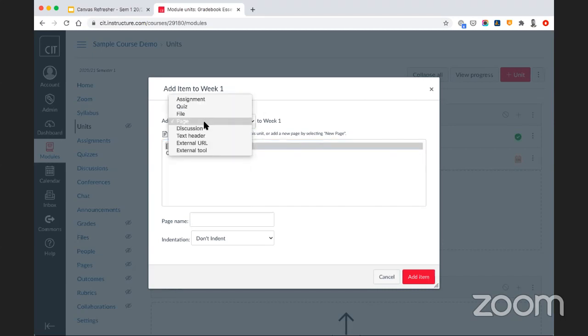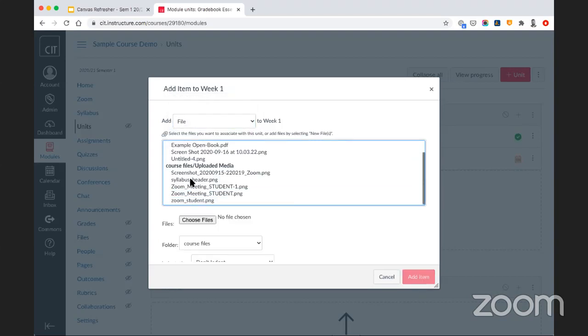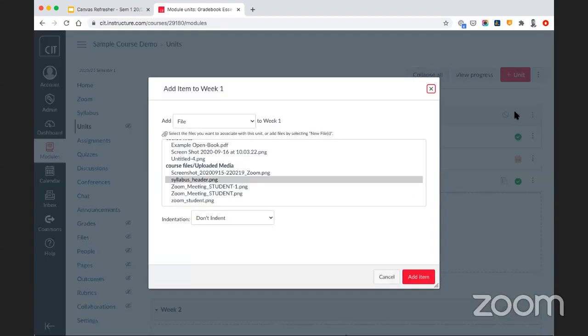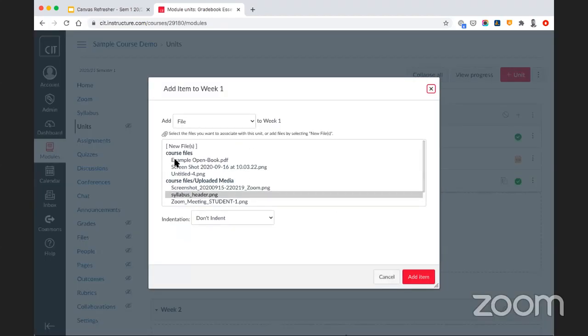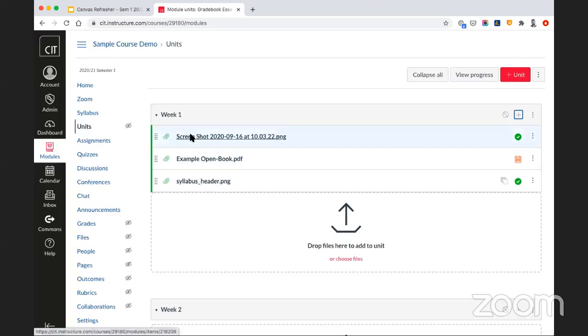But the main thing I think that most people will be looking to do is to add files into their unit, which they can do through this kind of process here. Now, the ability to add in particular files through this method is fine, but if I'm adding a lot of files to a particular unit, it's quite laborious to go one by one. So one way of being able to overcome this is if I click into the files area,